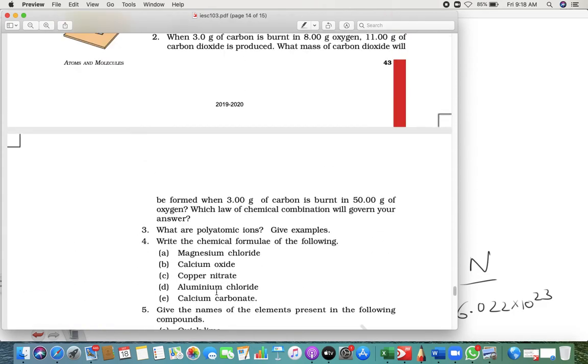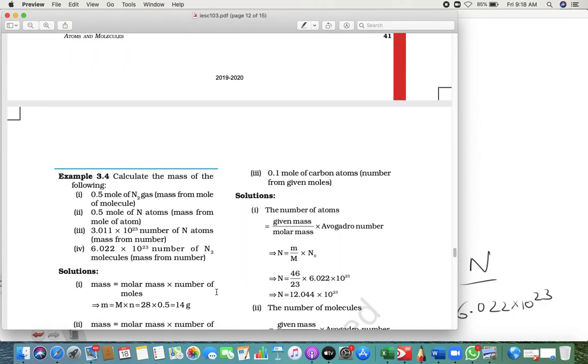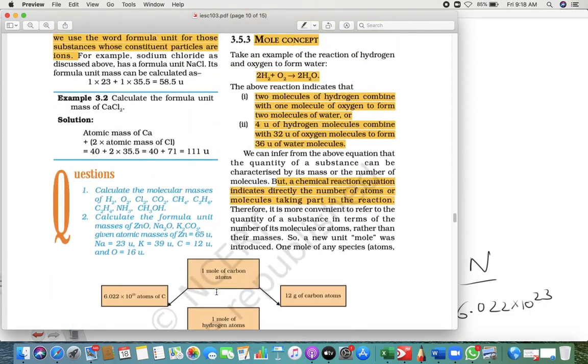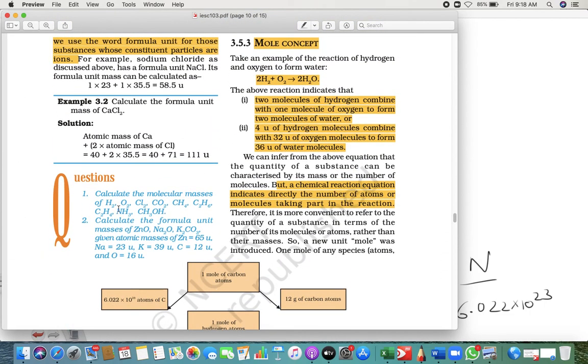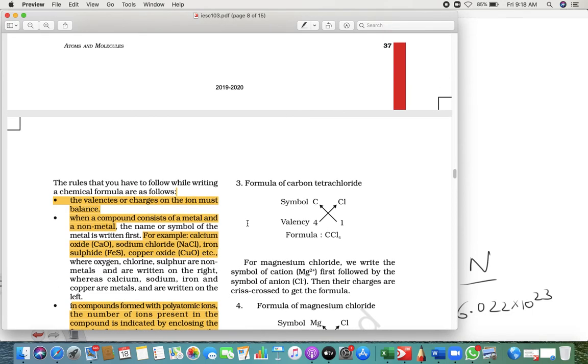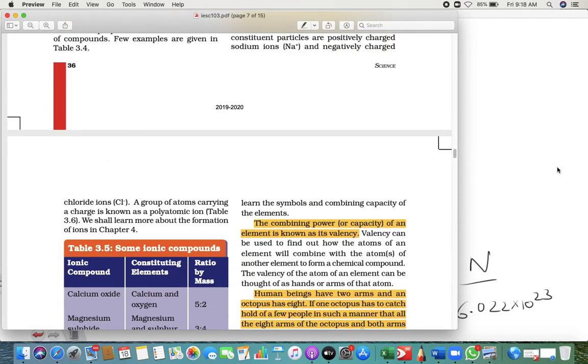So with this we have completed the chapter. You see the illustration questions also. Try to ask me whatever you are not getting, I'll surely help you. We have to find out all these molecular masses. See, in the bracket they have already given you Zn, Na, K, Cu like this. I will also give you these in the questions. You simply have to multiply and add, that gives you the molecular mass.